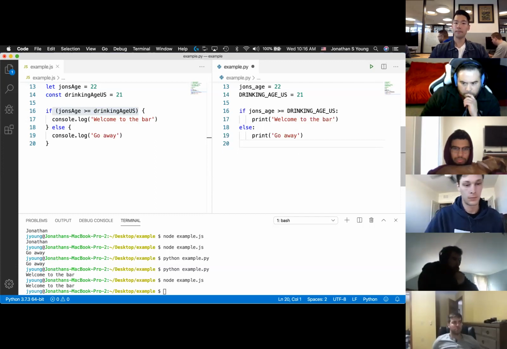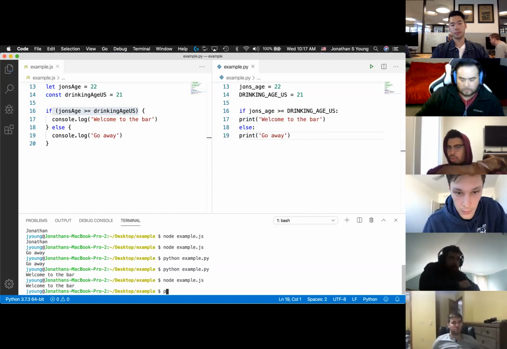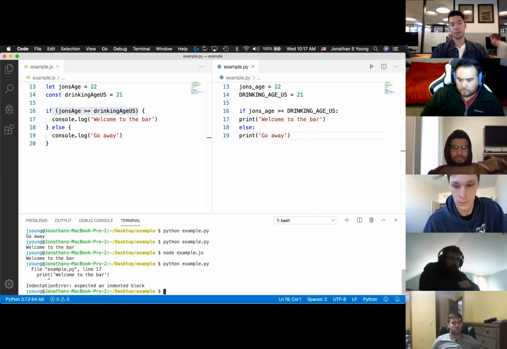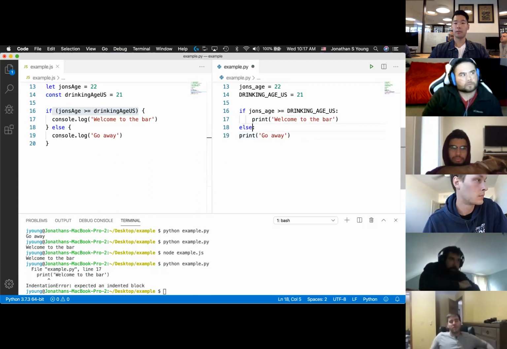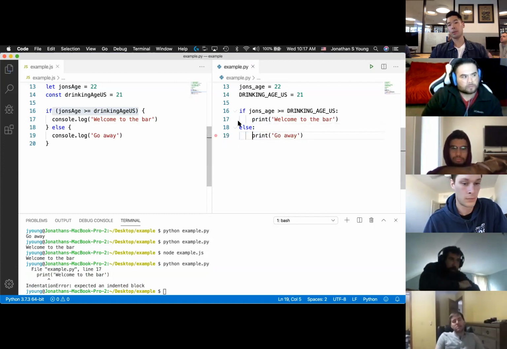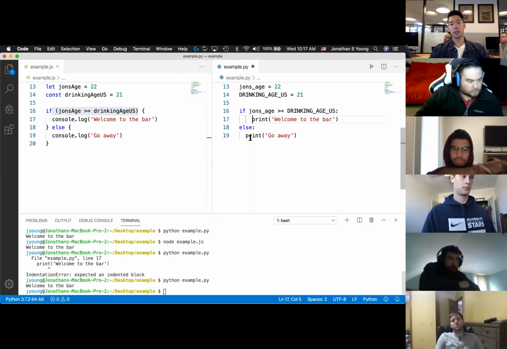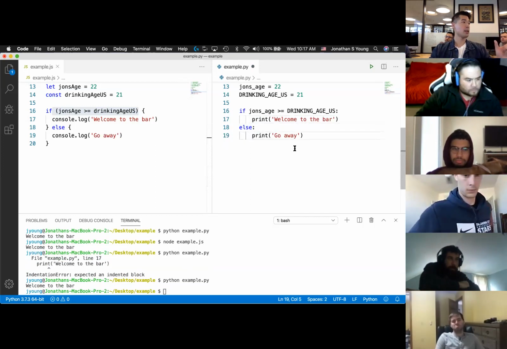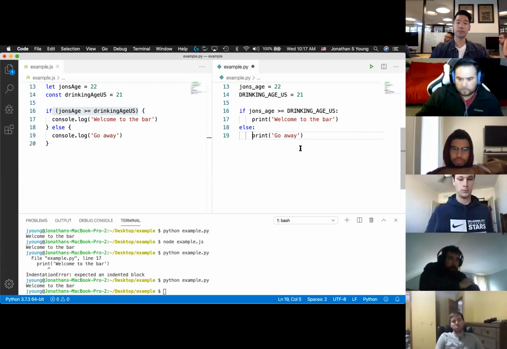Yeah. What happens if you don't have your indentations correctly? What will it return? It blows up for you: indentation expected an indented block. So it really does care very much if you have your spacing correct. I believe this will work with 2 spaces. Let's find out. It does work, but general convention is 4 spaces. And I think we set it up on the first day so that each tab that you do is 2 spaces. So just do tab tab to go in twice.